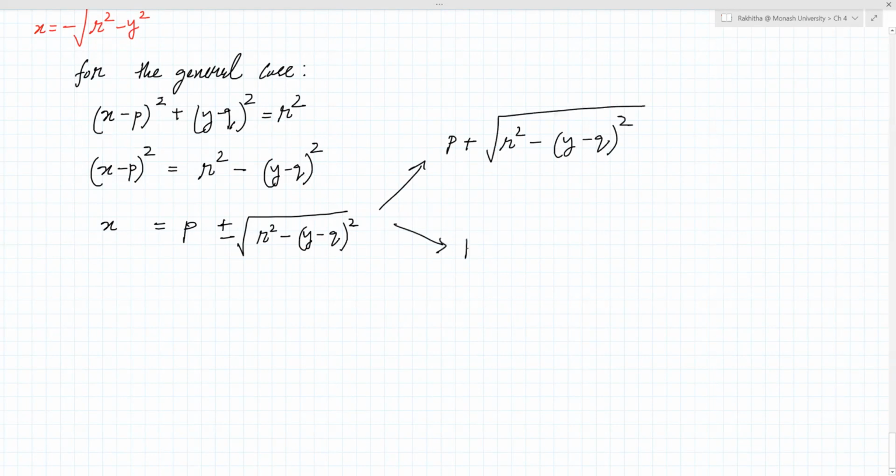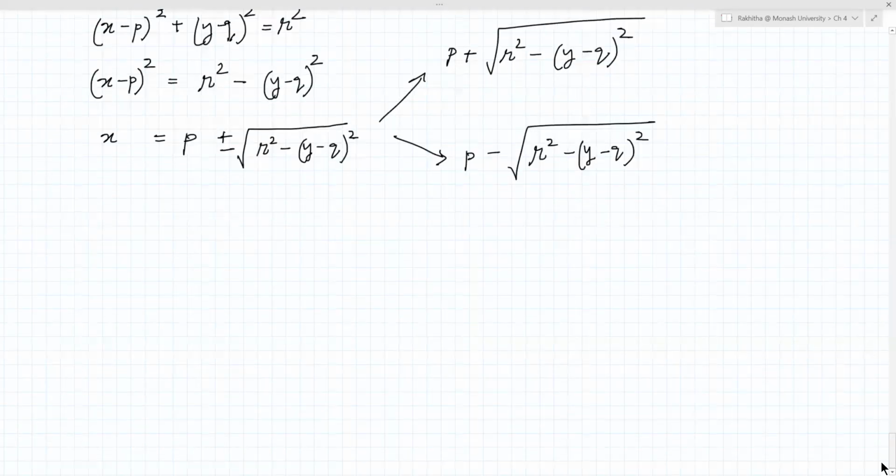Negative solution would be this. Okay. Then similarly, if you subject y, okay, so now